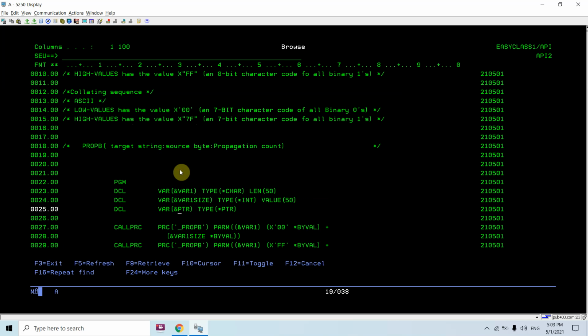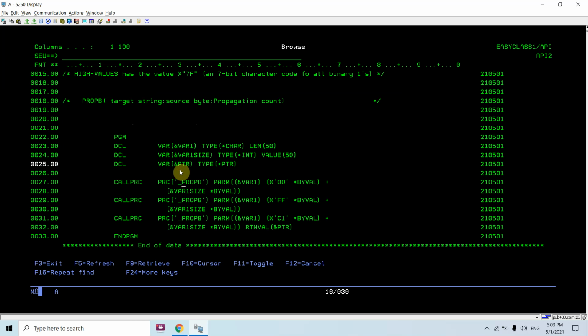That's why you can see I'm calling this underscore prop B, and this is the target string var1, the first parameter. The second parameter is source byte. So for source byte I'm passing x00, and I'm calling this three times. Once I'm passing x00 as the byte value, and